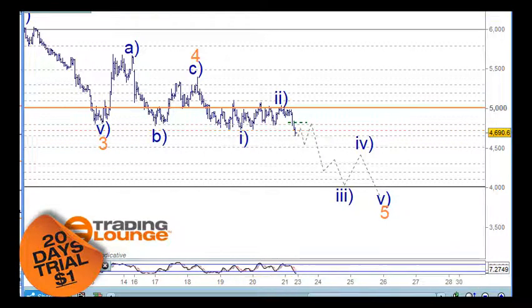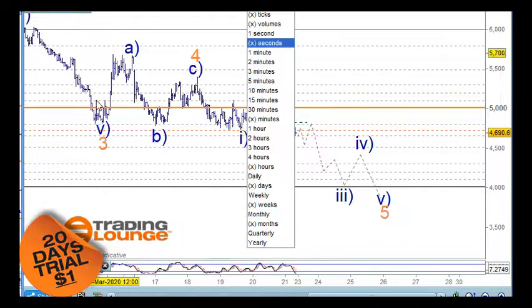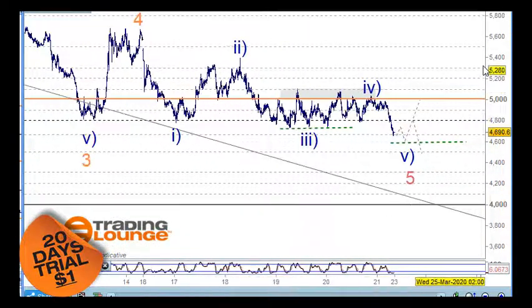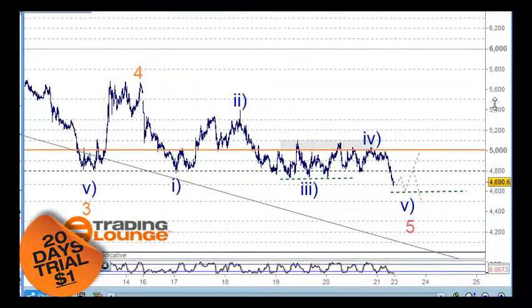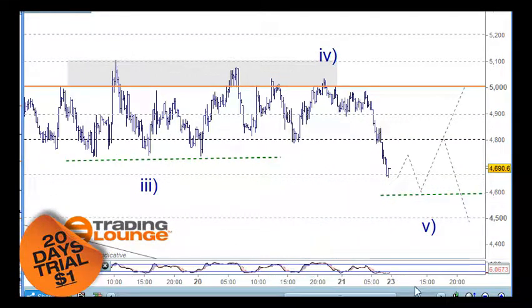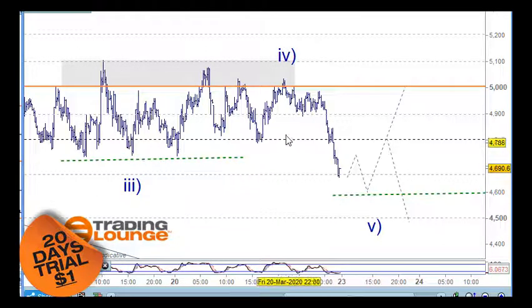The other way to look at this particular pattern here as well, of course, these things become clear in hindsight. So the other way to look at this is as wave 4 here, and then looking at this as wave 1 here, wave 2 here, wave 3 here, and then an A and a B and a C wave here for wave 4, and then we come down here. Now, this is the little tricky one here, because in this case I can see that if I put,